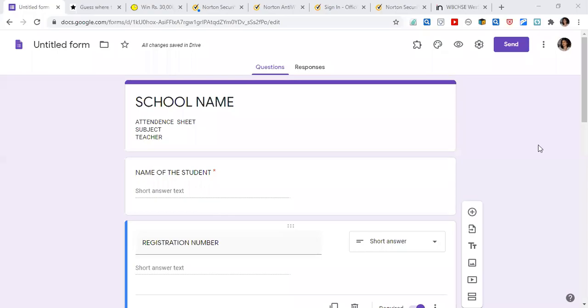Hi friends, today I'll be sharing a Google form in which we will be taking attendance of children. Now we can see that in online classes, gradually the attendance is becoming poor. So in order to keep a check in the Zoom classes, we can keep a note of the children attending our classes.